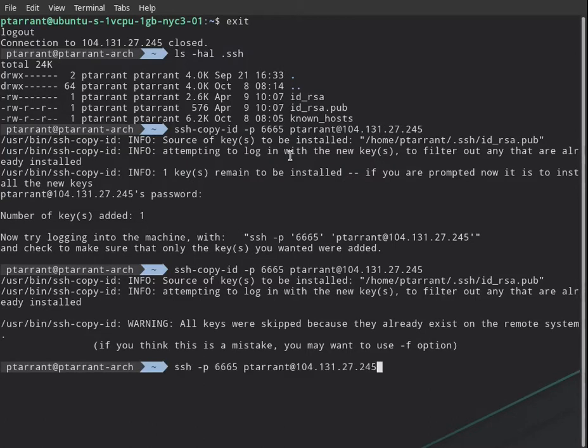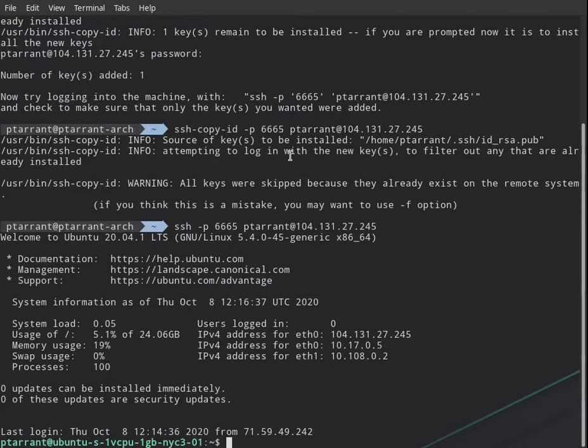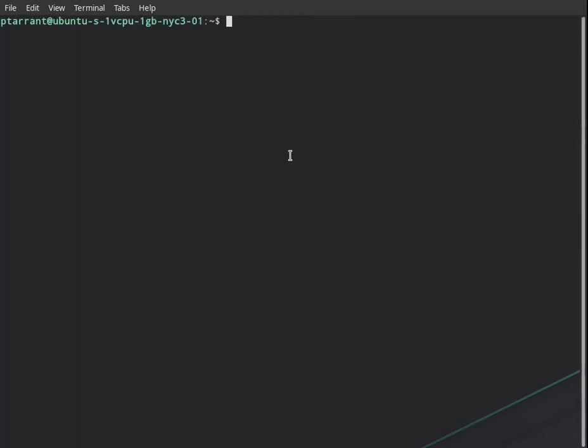Oops, sorry, I'm an idiot. ssh. There we go. So now we are connected up. Notice I did not need a password. So this means that I have configured it so I don't need my password. Now how does this work? This works by